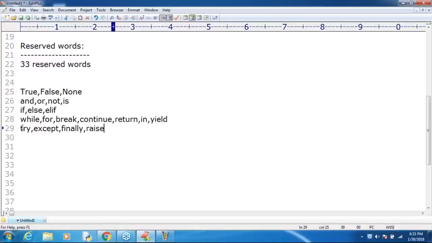Next, raise, to raise our own exceptions. Raise is the keyword, sir. Next, and after that, yesterday one student asked, throw and throws are not there in Python, sir. Make sure, Praveen, throw and throws are not there. Try, except, finally, raise. Next, one student asked, sir, are you going to cover assertions or not? Yes. Okay. Yes, sir.